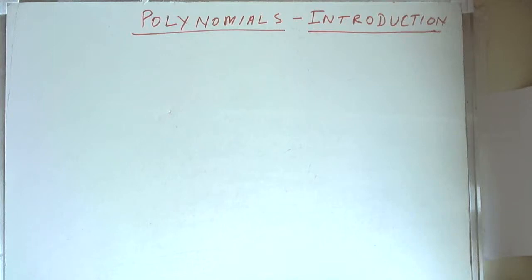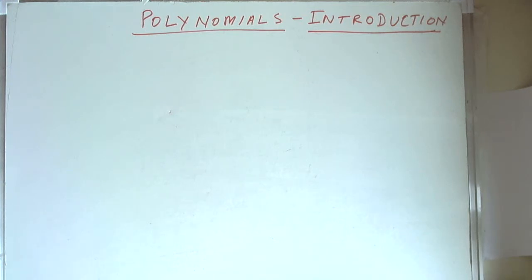In this video, we will learn what are the basic building blocks of a polynomial, and we will cover this video in two parts. In part 1, we will first examine what are variables and what are constants, and then we will see the further building blocks for a polynomial in part 2.